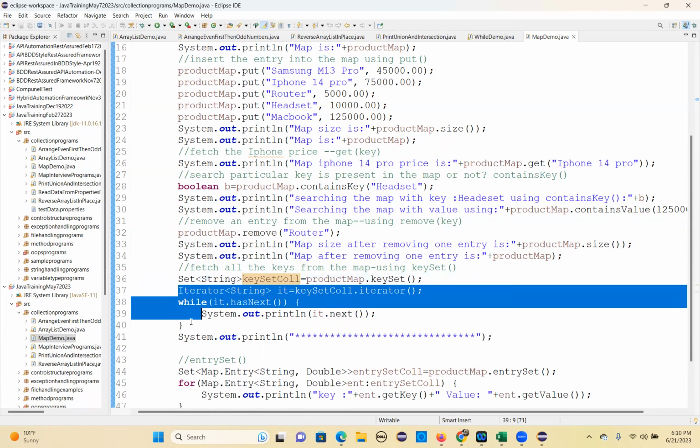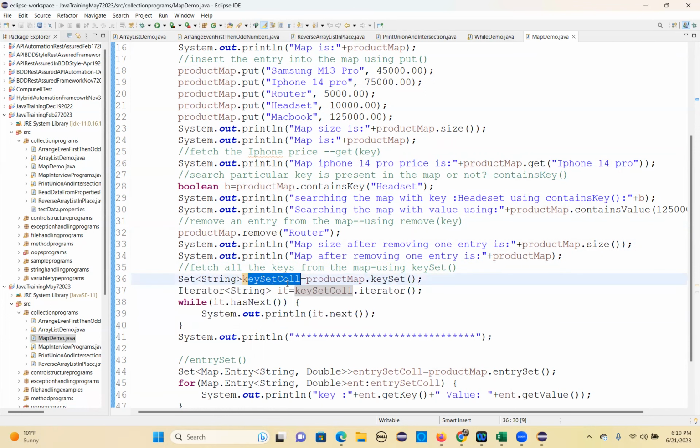Then I'm using an iterator to iterate this collection. Iterator String it equal to collection dot iterator. Then while it dot hasNext, then it dot next method. It will check whether the value is there or not. If it is true, it will come here. If it is not true, it won't come here. Okay. So let's come back and we'll